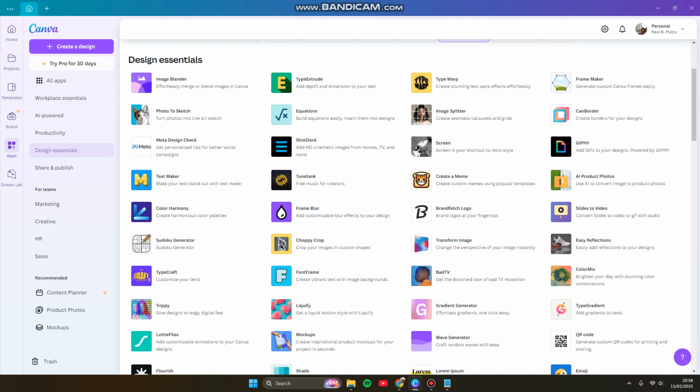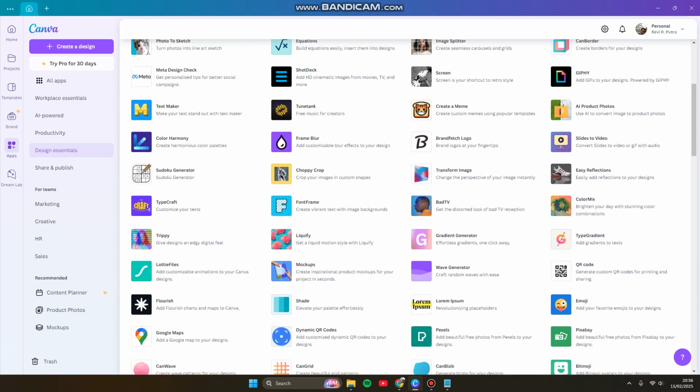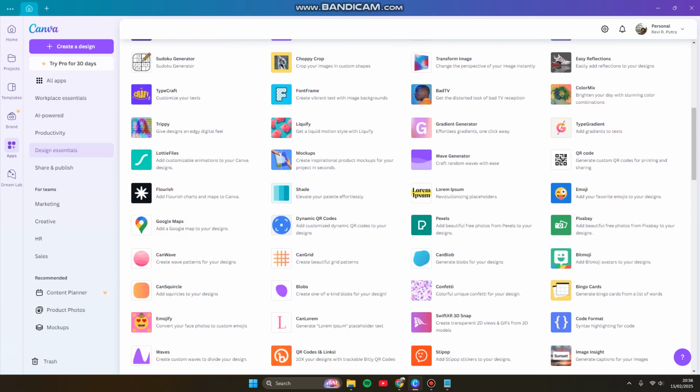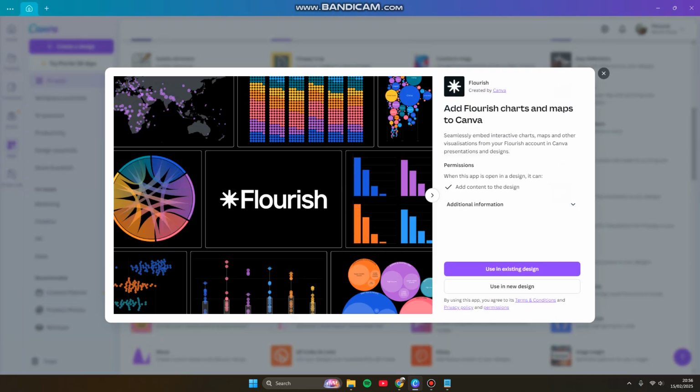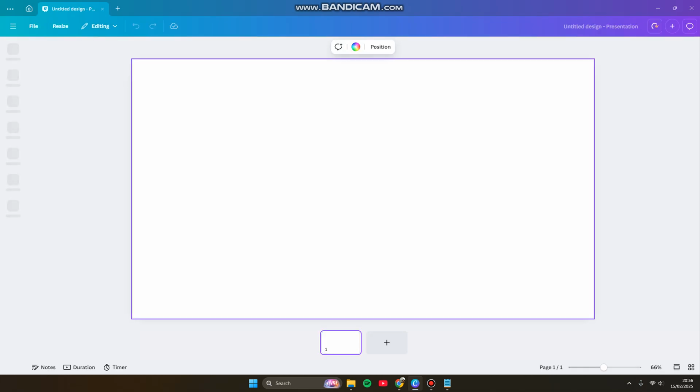In order to do that, you can click apps, then click design essentials. Now you can scroll down and try to find Flourish. Add Flourish charts and maps to Canva. Seamlessly embed interactive charts, maps and other visualization from your Flourish account in Canva, presentation and design. So you can click use in your design, for example, click presentation aspect ratio,